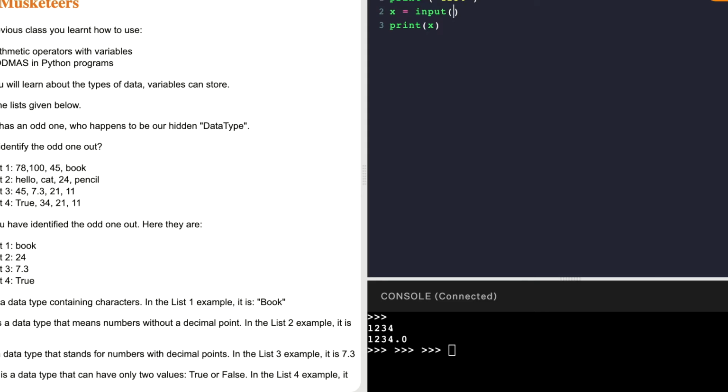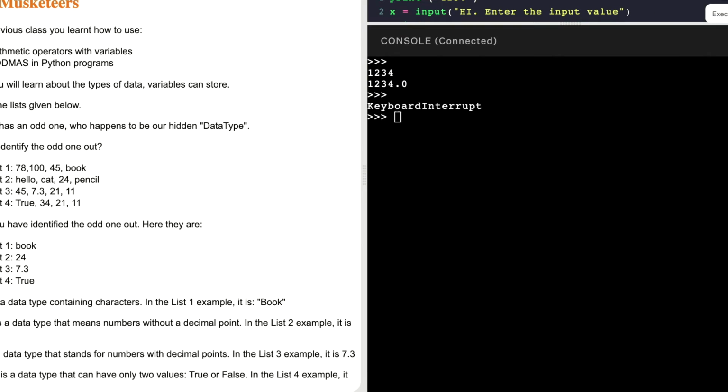You can either just leave it blank and let the user give the input, or you can write hi, or whatever you need to write. Hi, enter the input value. And now see, it's asking me to enter the input value.